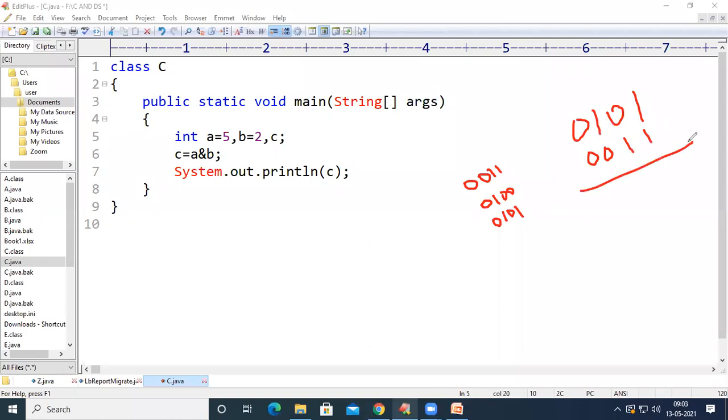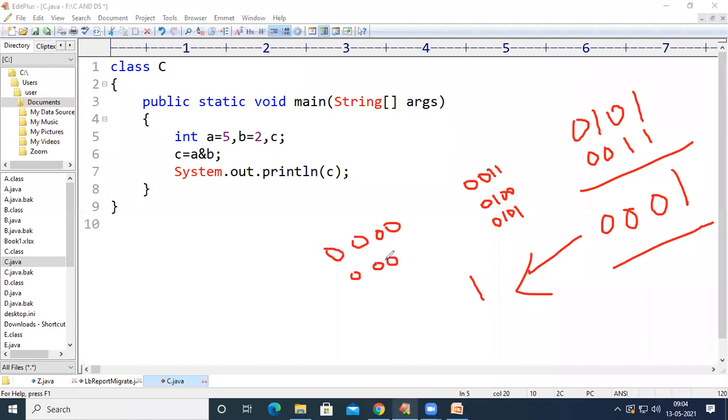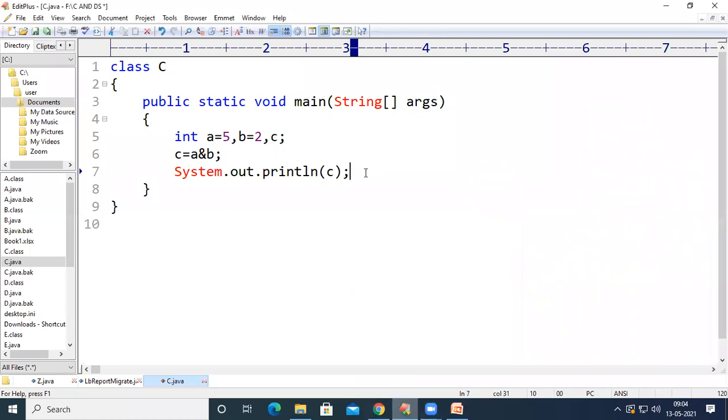When we apply the AND operation between these two, we get 1 and 1 is 1, 0 and 1 is 0, 1 and 0 is 0, 0 and 0 is 0. So we are going to get 0001. 0001 directly represents the decimal number 1. So the output of this program will be 1. Right? Verify the output.